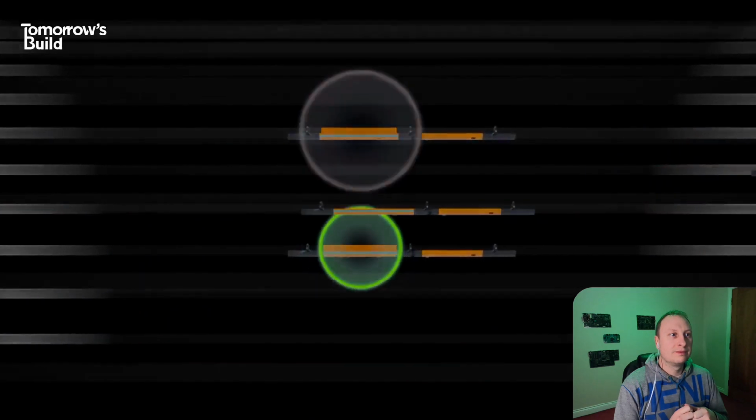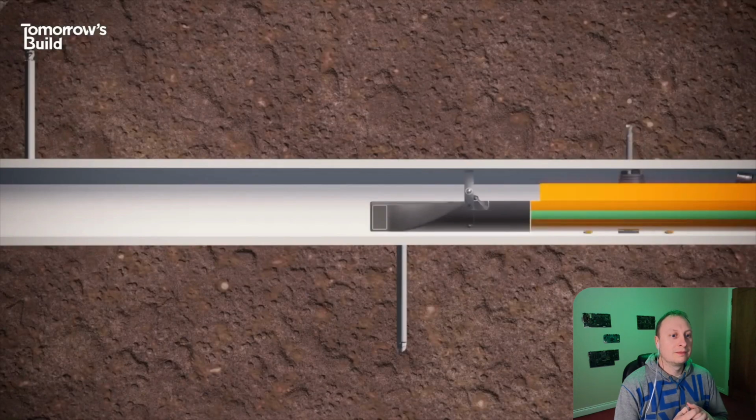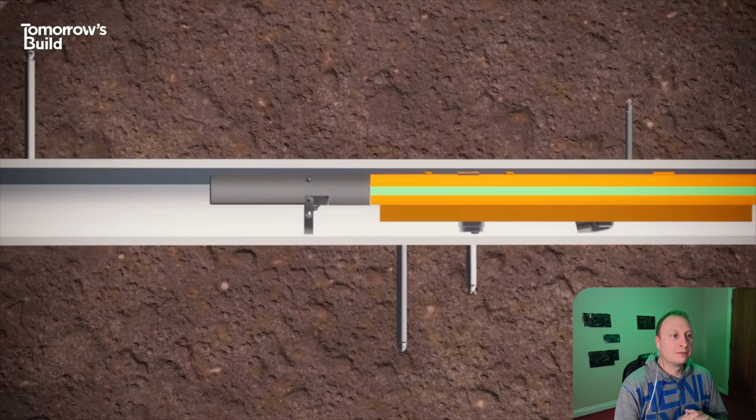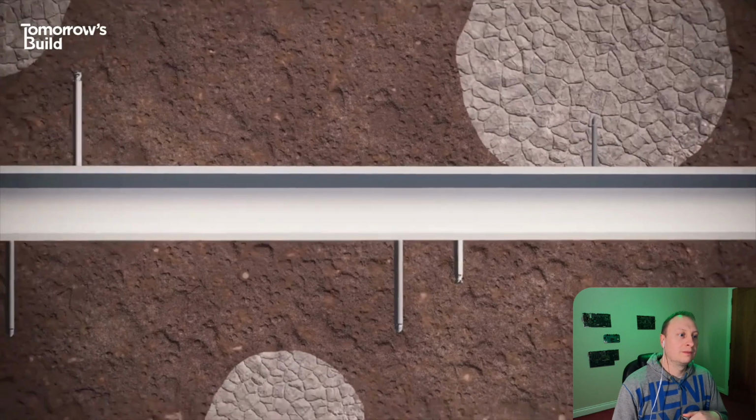Once this is done, the robots are placed inside the pipes where they begin constructing the shell of the tunnel. They do this first by drilling a number of access points along the length of the pipe. These are used to inject a kind of composite material into the earth, which hardens to...